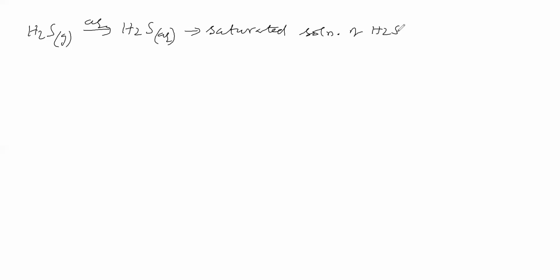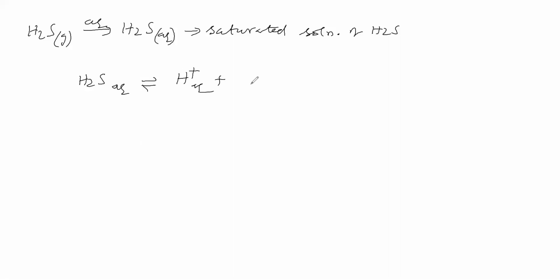Ionizing in the sense dissociating to give H plus ions. You are saying ionizes. Okay, so H2S aqueous ionizes to give H plus ions. The cation is H plus. What is the anion? Is bisulfide possible, or sulfide, or both? What shall we say? The anion is bisulfide or sulfide or both.